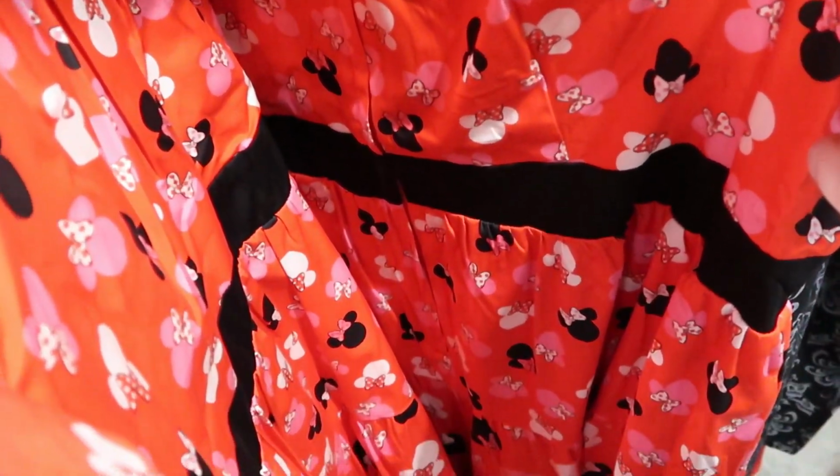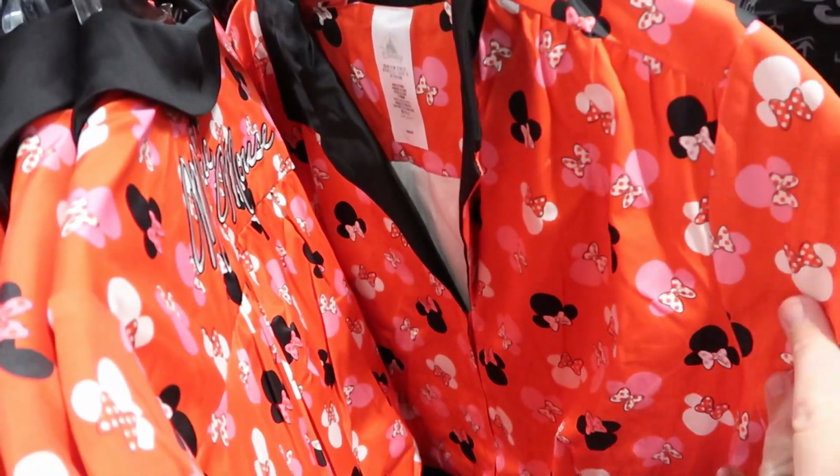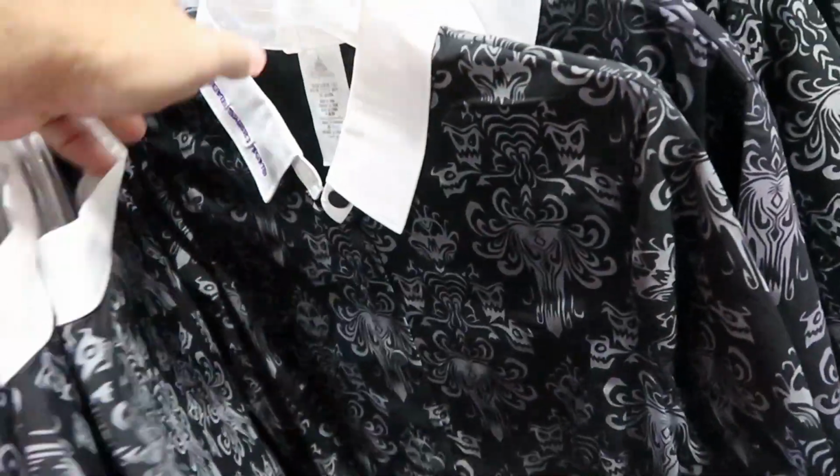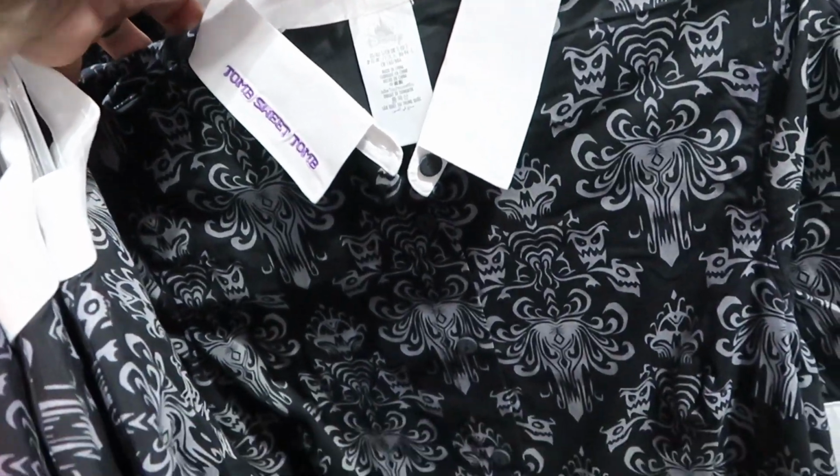This is the Minnie Mouse one with all the different colored bows. It has this really nice neckline as well. These are $40 from $128. They also have your glow-in-the-dark dresses from Disney's Haunted Mansion, where it's embroidered Tomb Sweet Tomb on the neckline, but